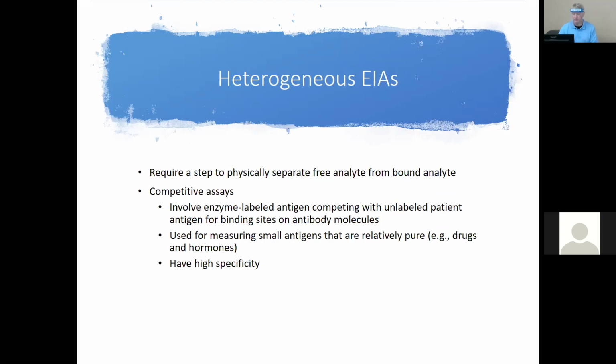Here we go. So in the competitive assay for enzyme immunoassays, the competitive one involves enzyme labeled antigen competing with unlabeled patient antigen for the binding site on the antibody molecule. We just did that, right? That's putting to words what we just described with our picture that we first started with. Okay? So a competitive assay is we're putting labeled antigen with patient unlabeled competing for the binding site of the antibody that's in the mix. So we put them all together.